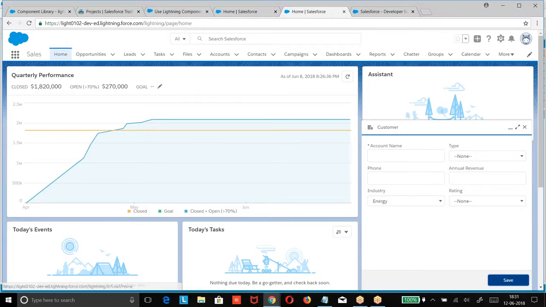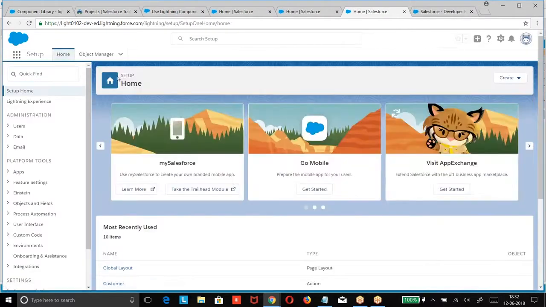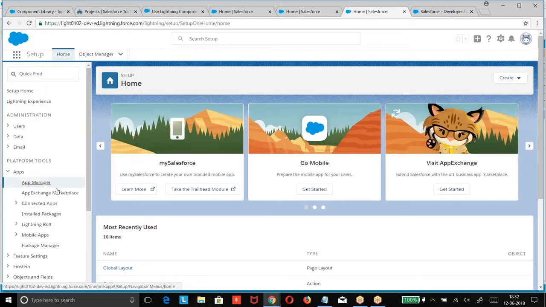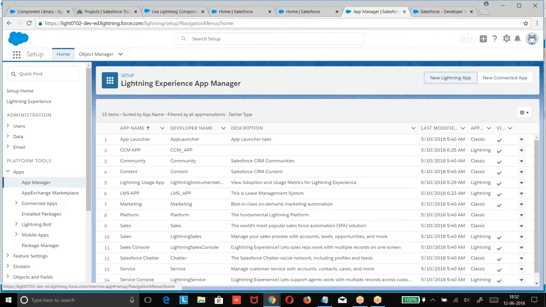Now, when you make a global action, if you have created applications in Lightning, you might have created an application. If you are trying to create an application in the Lightning App Manager, new Lightning app.